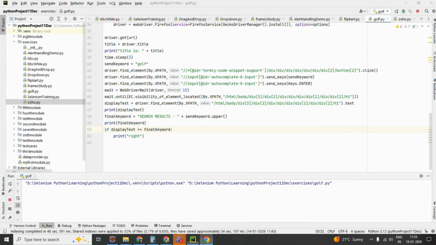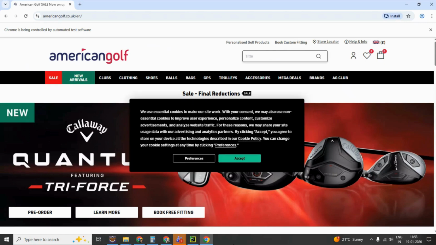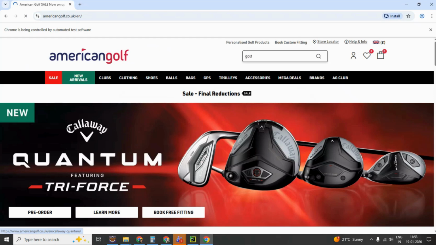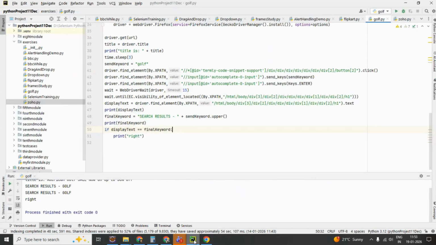Let's run this. Okay, now it says print, right. Okay, now after this,